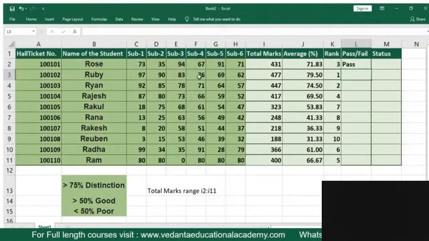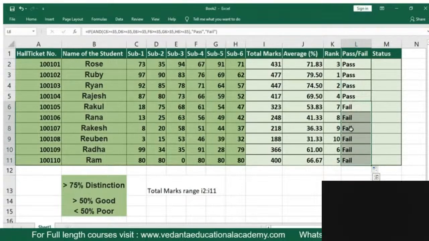So here the person in all subjects is getting greater than or equal to 35, so the person is given the statement as pass. Then simply drag it down, that's it. And here you can see that all these students have failed because they're getting 18 and 13. Here if I change these marks to 35, automatically the student status has changed from fail to pass, is it correct? And next we'll be using